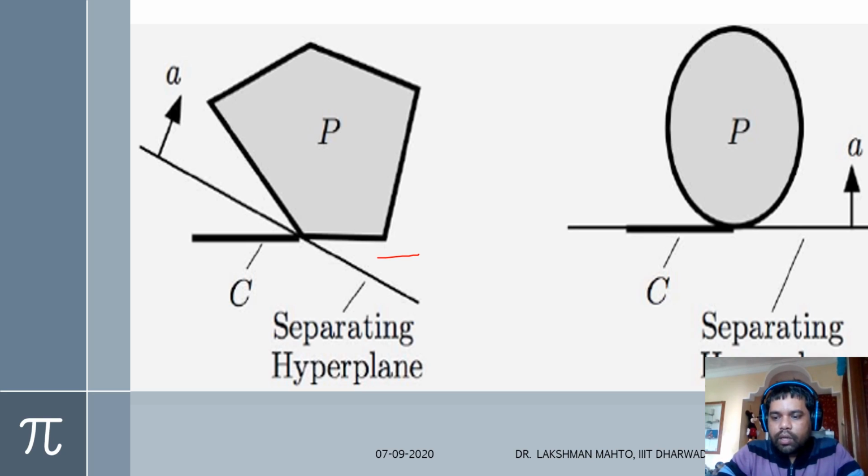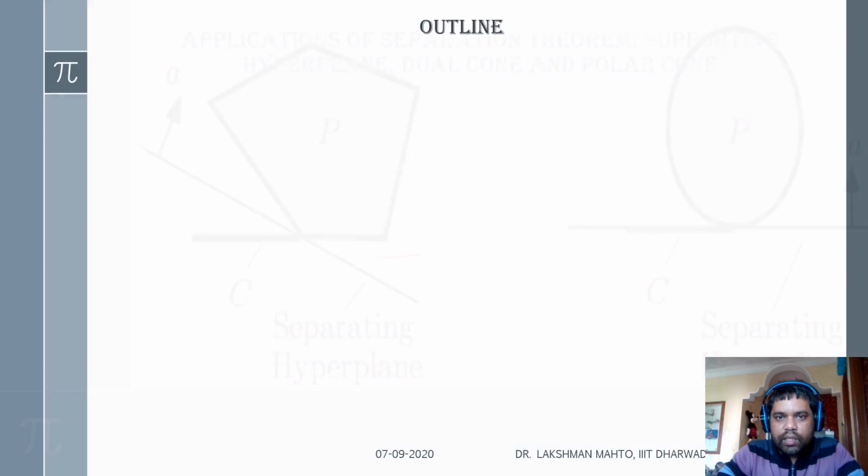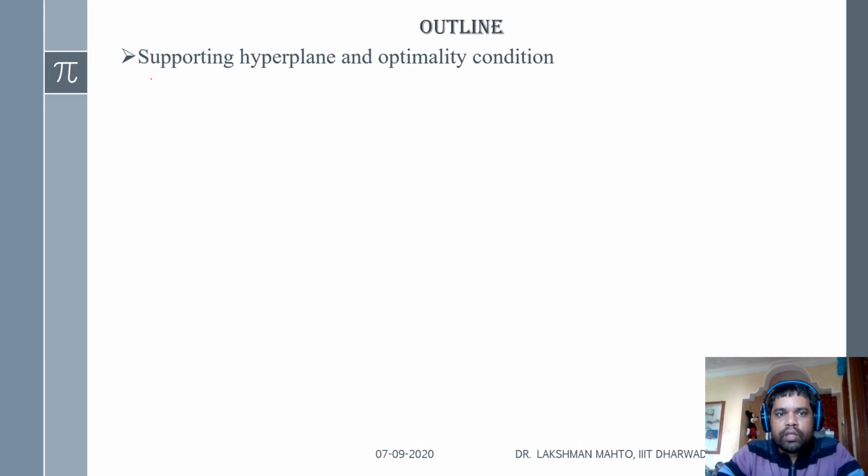So, the outline of my important applications today is the following. First, I would like to discuss supporting hyperplane. It is a very special kind of separating hyperplane which is touching one of the given convex sets. This supporting hyperplane acts like a tangent to a convex set. That's why it supports one of the given convex sets, and that's why the word supporting comes. Apart from supporting a given convex set, it is doing separation as well. So the supporting hyperplane is one example of a separating hyperplane.